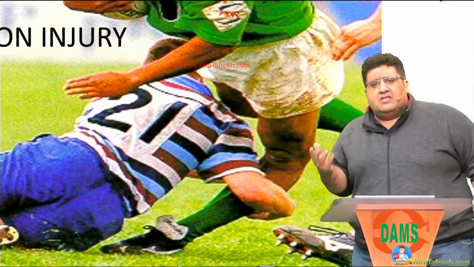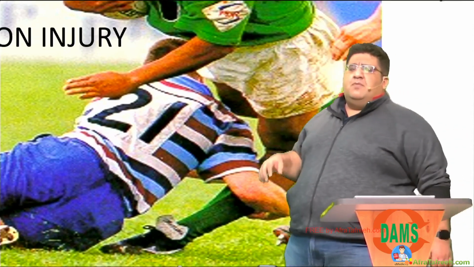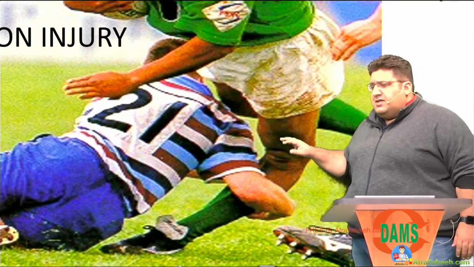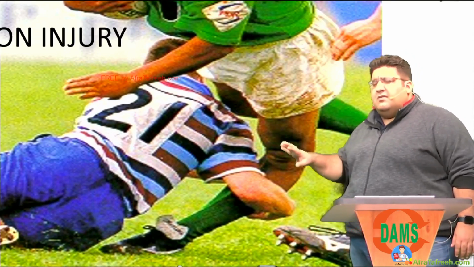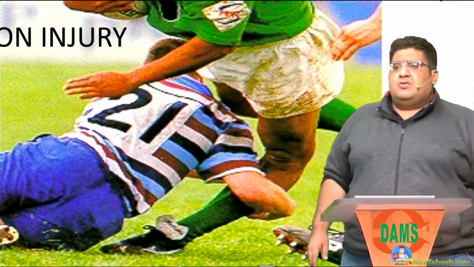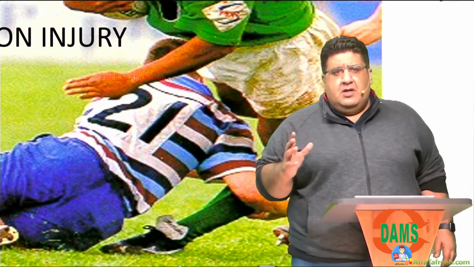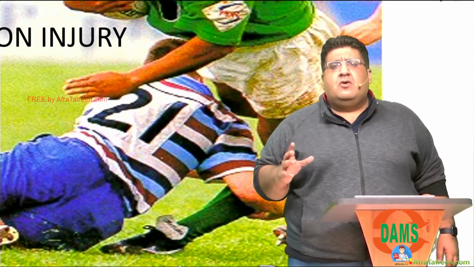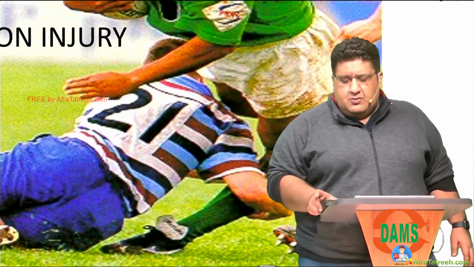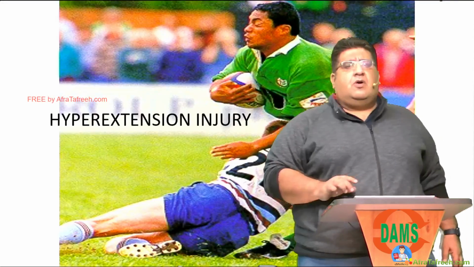The most common mechanism for a PCL tear is a hyperflexion injury. Since it is a hyperextension injury, it has resulted in an ACL tear. There can be a hyperflexion injury which can result in a PCL tear, giving rise to the 12th point between ACL and PCL tear, which we have concluded till now. I hope it makes some sense to you. Is that clear to all of you? Tell me, everyone, yes or no.